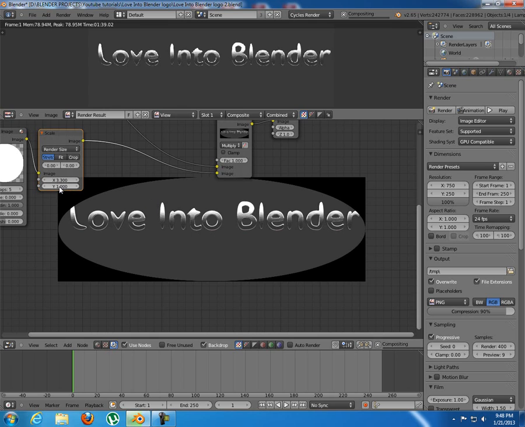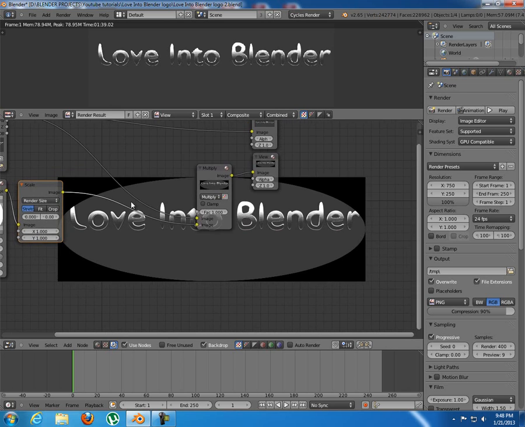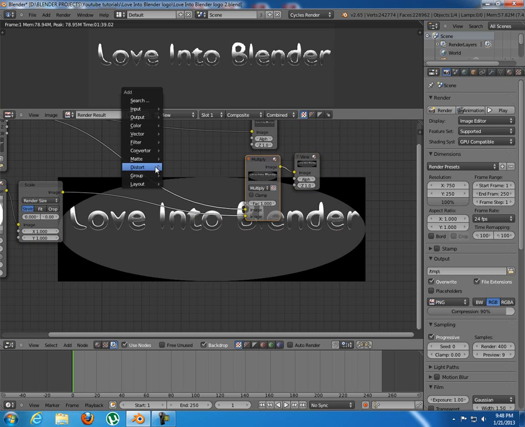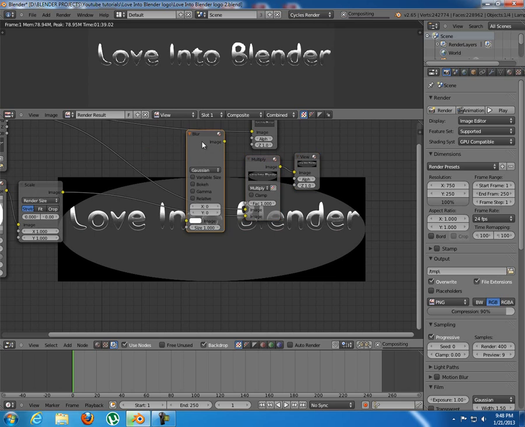These options in here, you cannot modify them, or well, you can, but it doesn't do anything because you use the render size, so you can't use them right now. Next, I'm just gonna add a filter, a blur node,